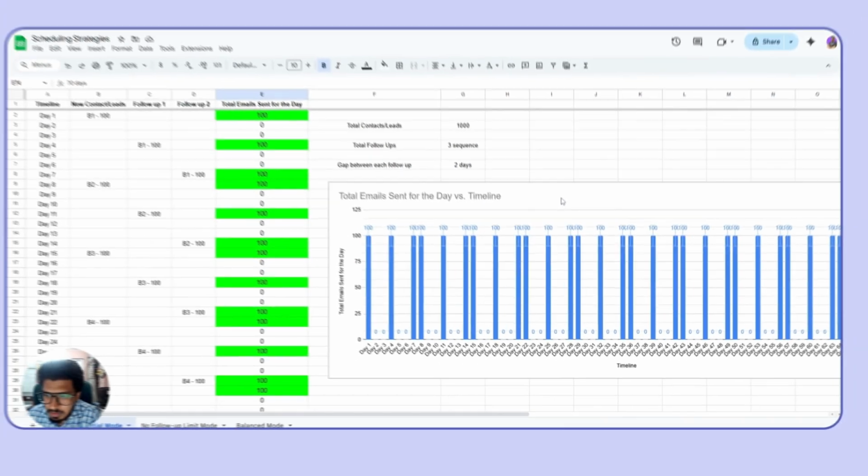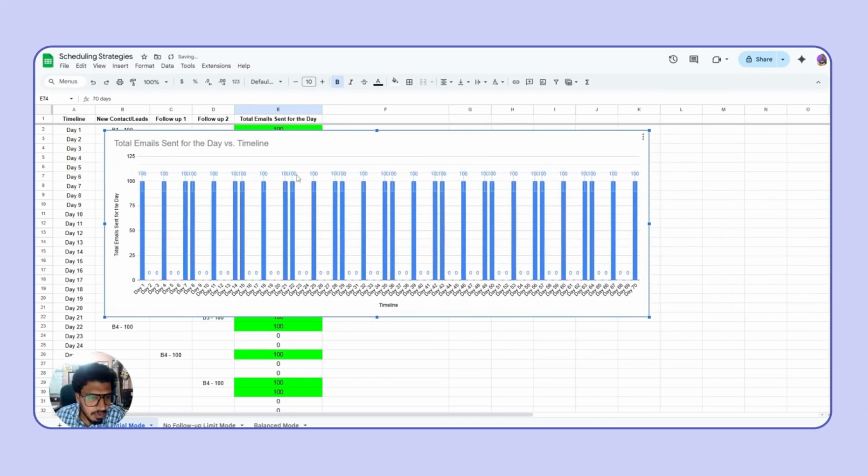When you look at it in terms of the IP, what the IP sees is that on day 1, 100 emails are sent, and suddenly the volume drops down to 0, and then on day 4 another set of 100 emails is sent. So it creates a wavy kind of sending pattern, but the number of emails sent for this strategy is still low and follows the limit of 100 every day, and it's still good enough.